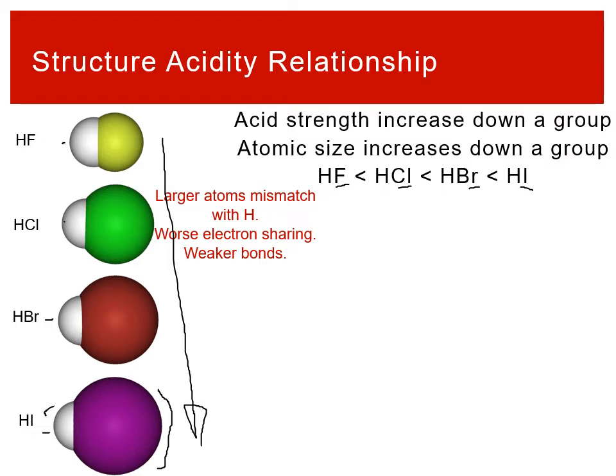Because they are so different in size, it is more difficult for them to share electrons, meaning that this is a weaker bond. If we think about these halogens, we know that HF is the only one among these that's weak, and it's because these two atoms right here are very similar in size. Fluorine's pretty small, hydrogen's small as well, so they have really good overlap of their orbitals. The bond is really strong there. You have very, very nice sharing of electrons there.